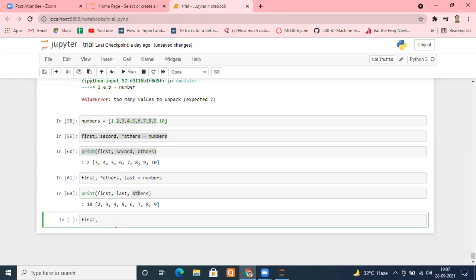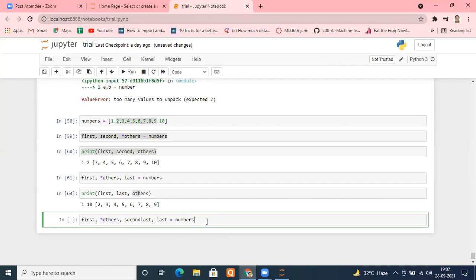Okay, I'm not bothered about midway, so I'm typing star others. Then second last, whatever name you want to give, it's up to you. And then last. Equal to numbers. That's it. As many variables as you want to access, you can access because you have the power of this star others.